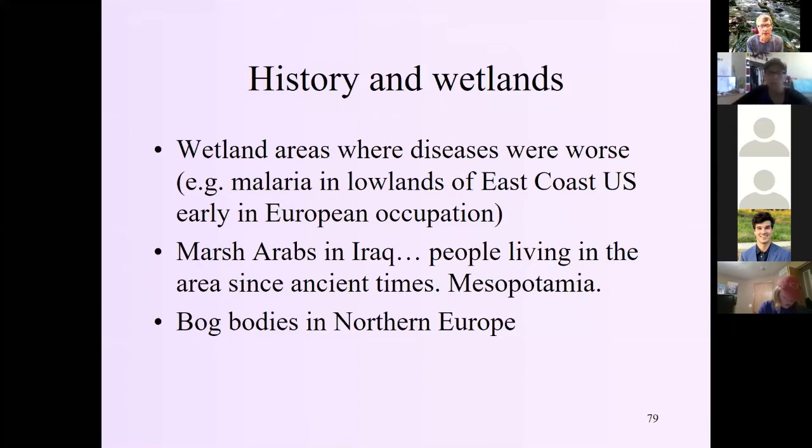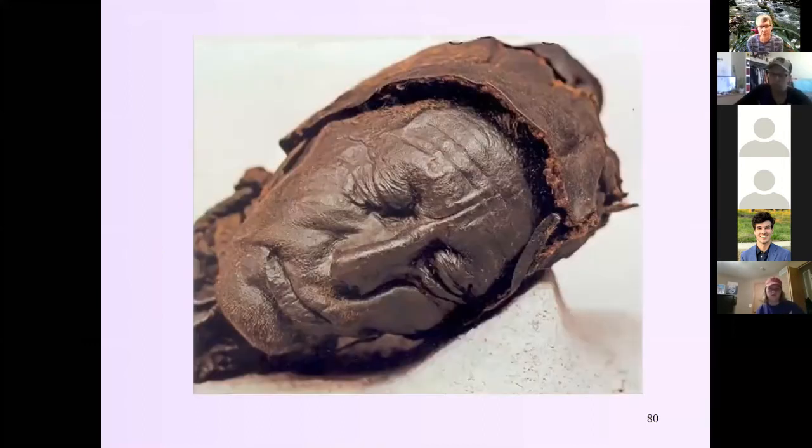And there's another area that's interesting in archaeology. They've got the bog bodies in Northern Europe. So this is a picture of a bog body. When people are digging down into these areas that have bogs and into the sediment, they'll find these bodies that are thousands of years old and just perfectly preserved. You can see that this person was wearing a leather cap when they were put in, and the leather cap is still there. Oftentimes they've been strangled,